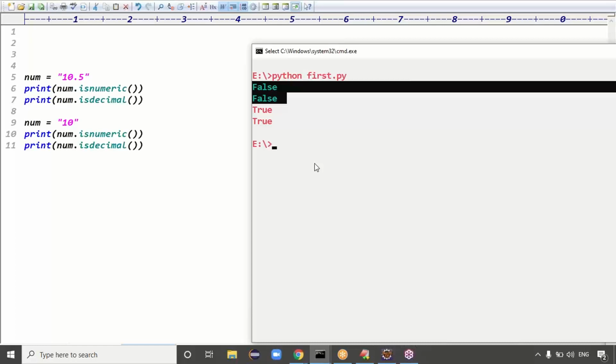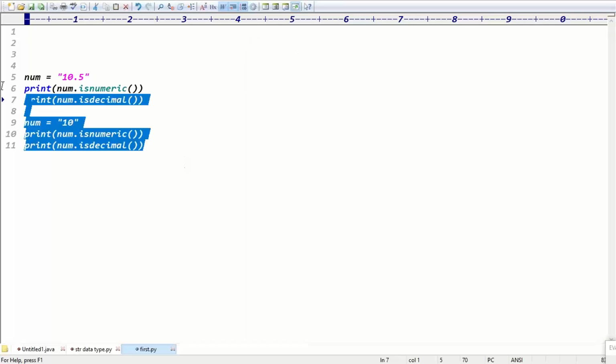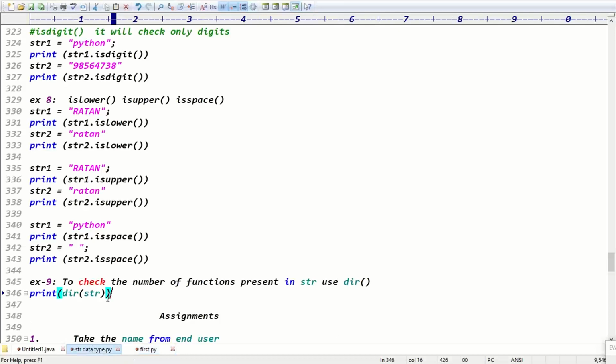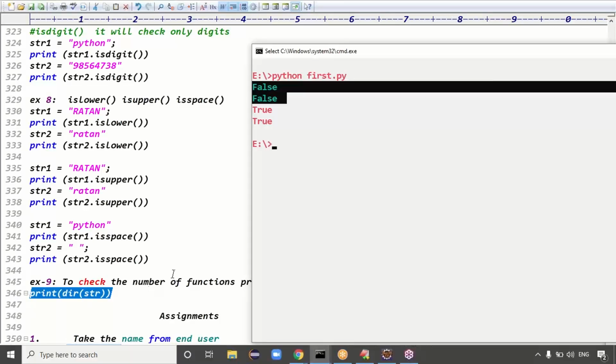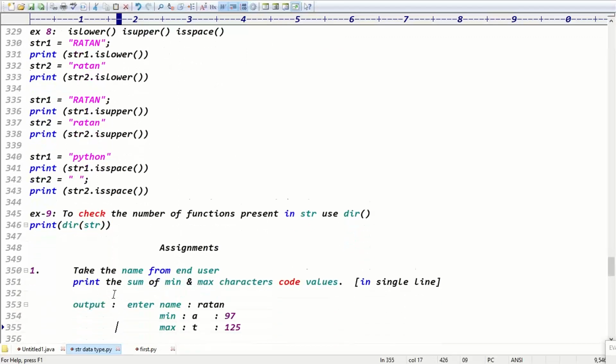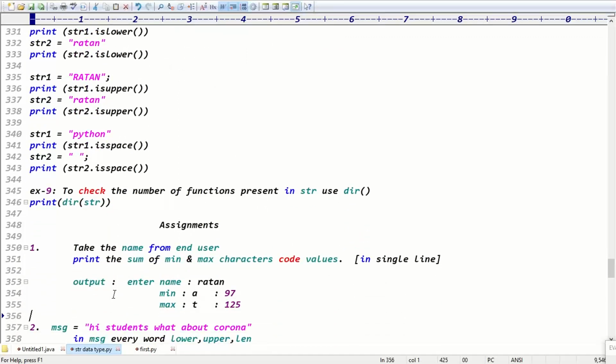Is numeric false. Is decimal means expected true but getting false. Is numeric means true expected, but second is decimal, getting false, but you're getting true as output. Guys, you try to take this as an assignment. Just let me know tomorrow. Use numeric and try to see the functions of this str. After seeing that function, check what it is taking for is numeric and is decimal. Tomorrow I'll ask you that question.